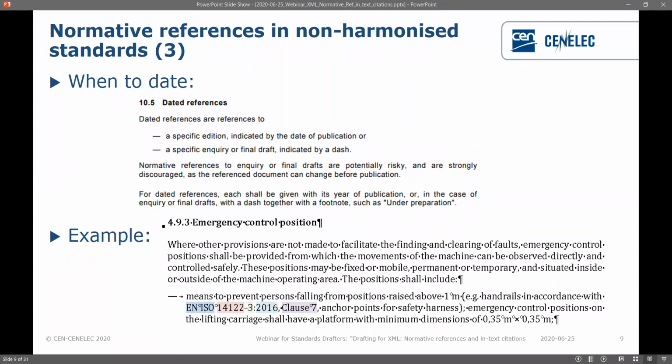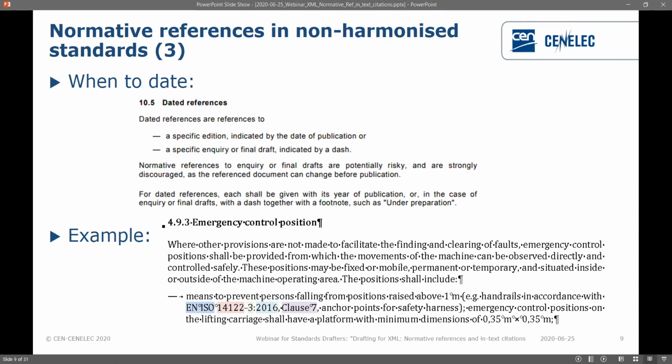Now, if you want to date a reference, you have a specific requirement to a part of that reference, then you have to put that date. So again, you have the extract from the IR3. If you want to refer to a specific edition, so there are more than one edition, but this one is the one you want to refer to, you have to indicate the date.